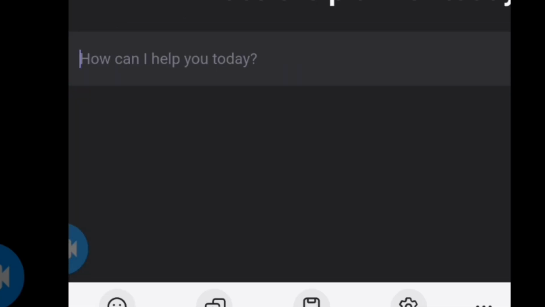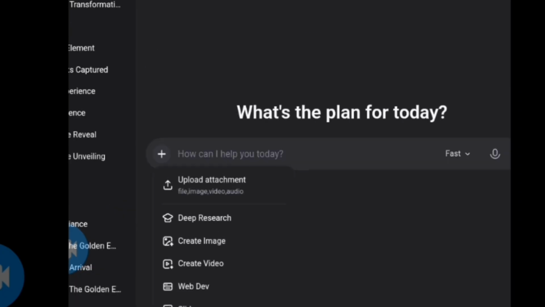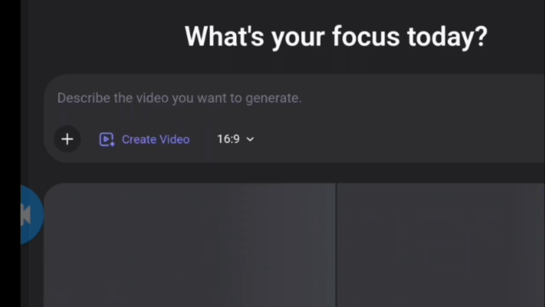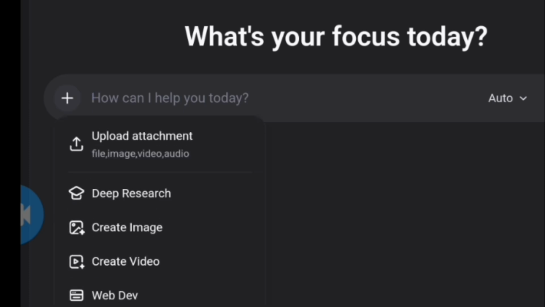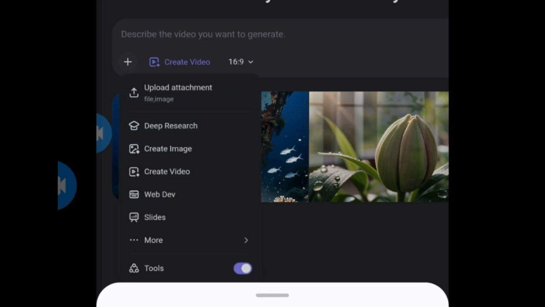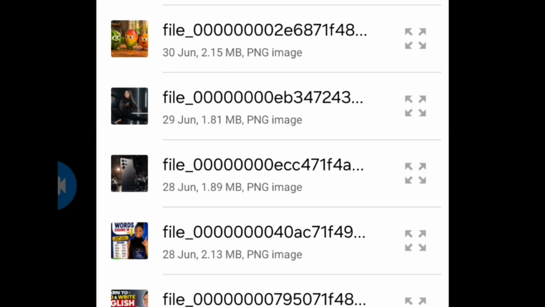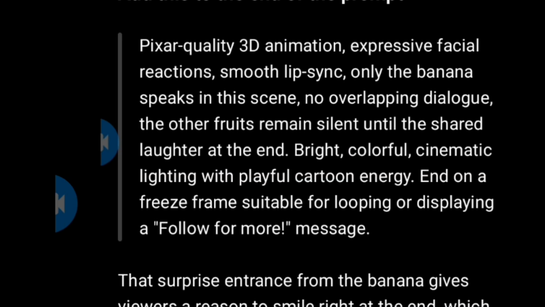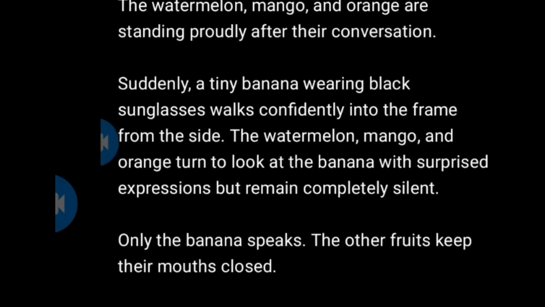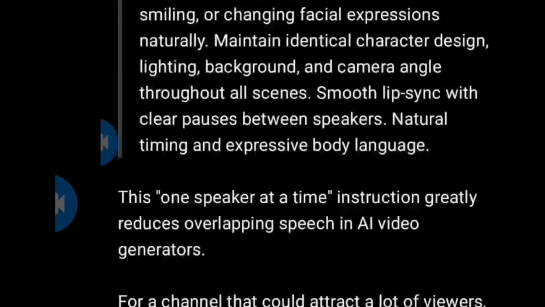Now let's do the second one. Now we are trying for watermelon, the first speaker. So we're going to do the same process. Okay, you select video, you go pick your image because we're using the same image. Okay, then you go to ChatGPT, copy the prompt. Okay, select our image because we're using the same image. Then you're going to go to ChatGPT, copy. Okay, the same one now is what we're going to work with to get the watermelon to speak.